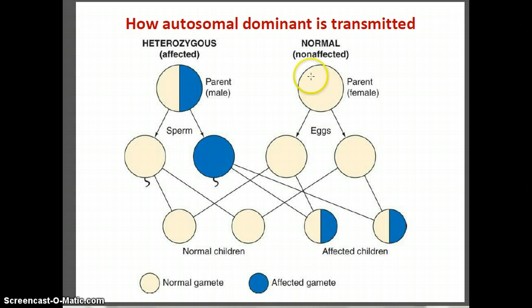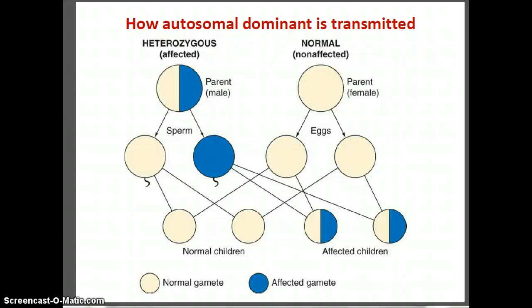In this case, they're showing a female parent who is unaffected. Notice how, because half of the male's sperm contains the, let's say, damaged gene, it is possible that half of the children will be affected. And this is a diagram of how that works. Again, I'm not going to belabor this and won't test you precisely on genetics or making diagrams like this, but